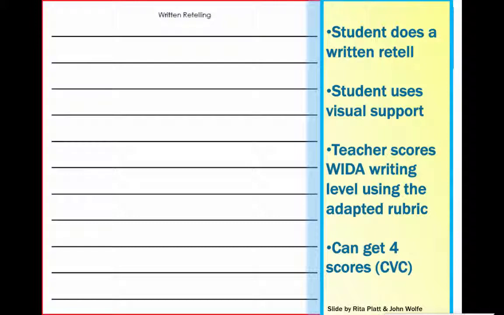For higher level students, they may need more time, but typically you can get a very clear picture of what kind of writing skills they have within 10 minutes. For high school students, you're going to want to extend the time and possibly provide places to brainstorm if it's more complex. For kindergarten, we have the same template, however, it has a box for a picture